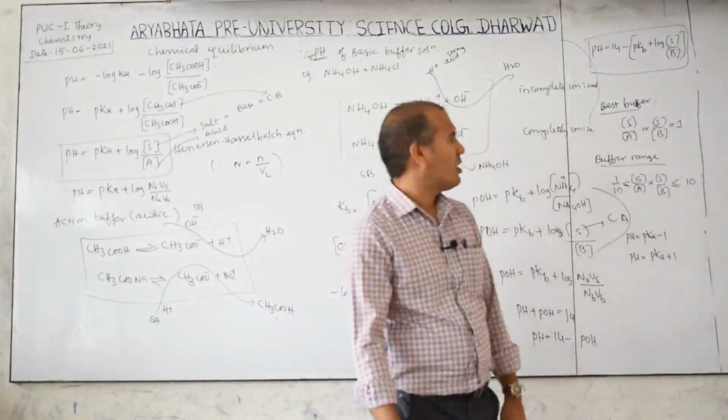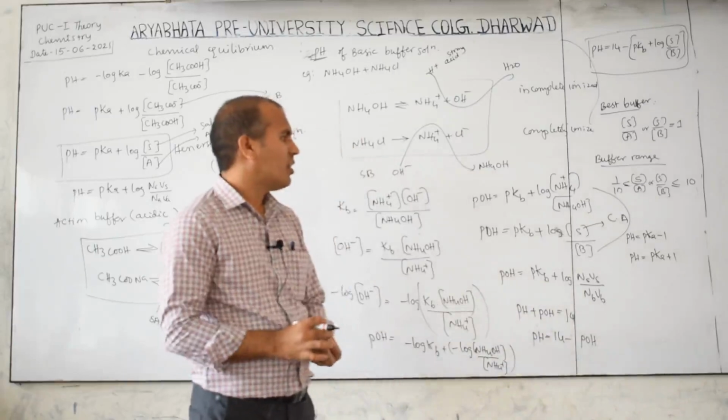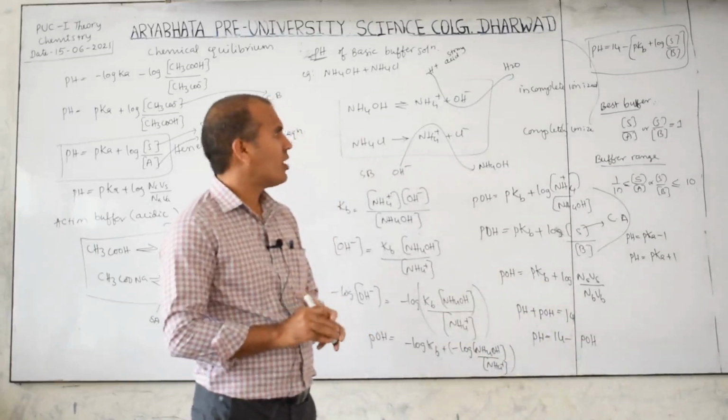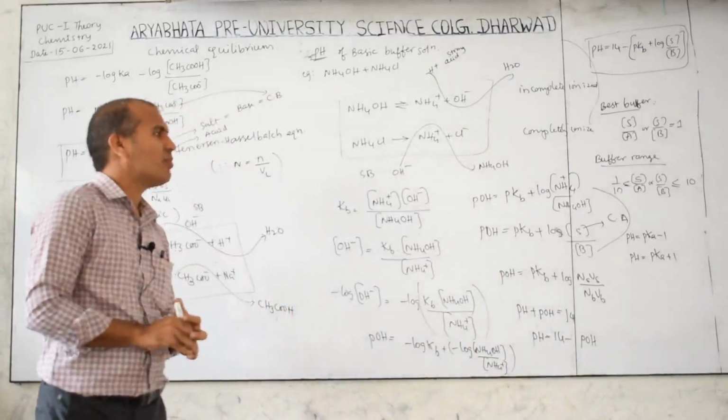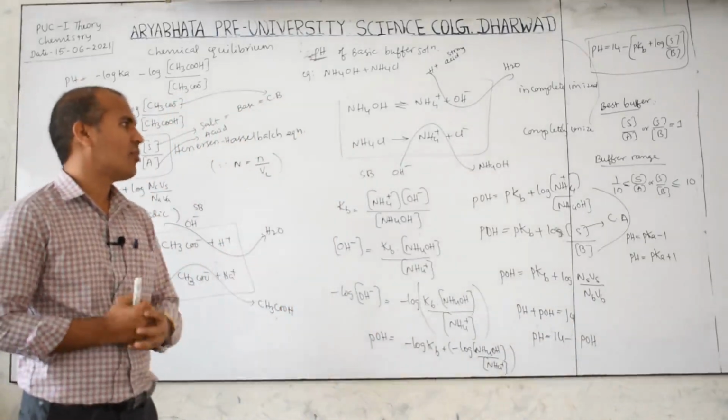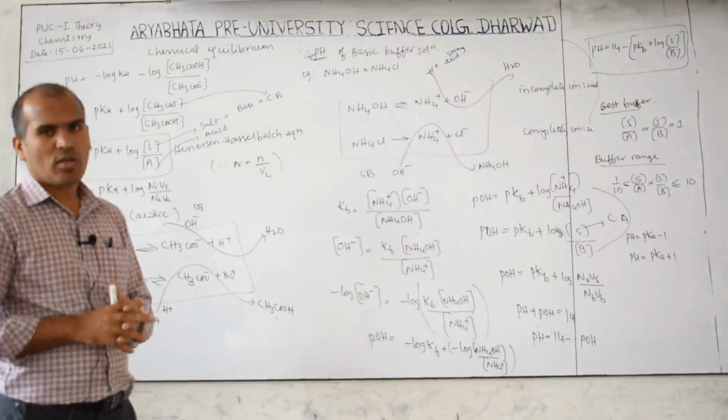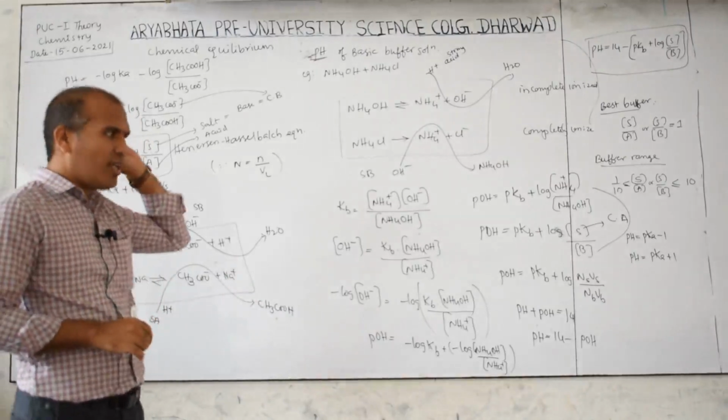The remaining part we will discuss in the next class, because 2-3 terms are also involved in that. One is that buffer action is completed, and another is the buffer capacity, and based on that 1 to 3 problems we will also discuss. Another one, the solubility product, we will also discuss in the next class.